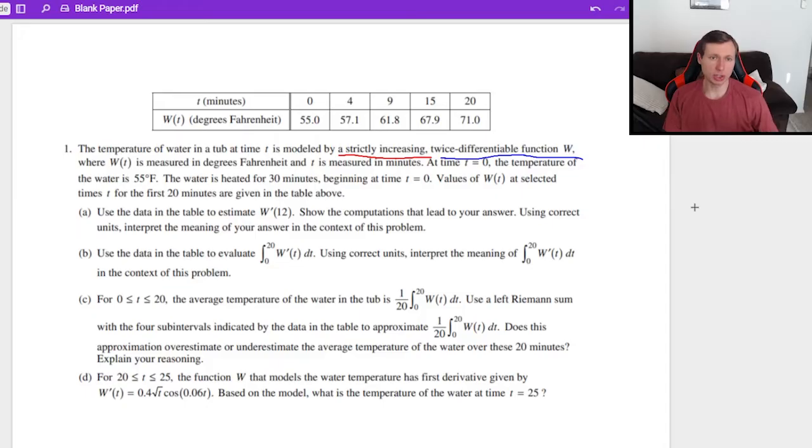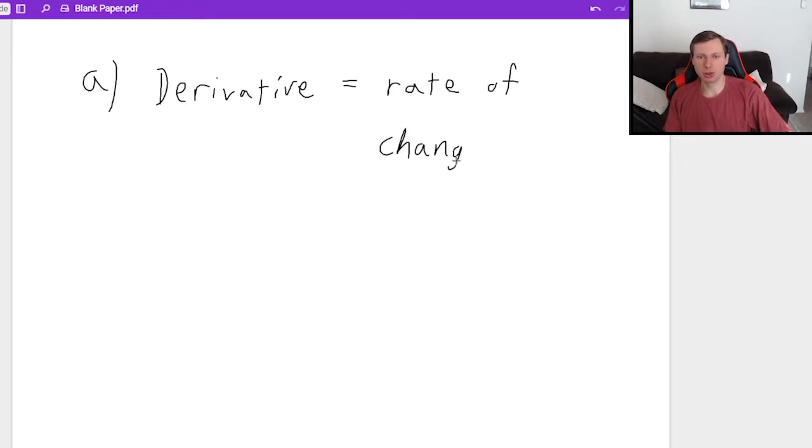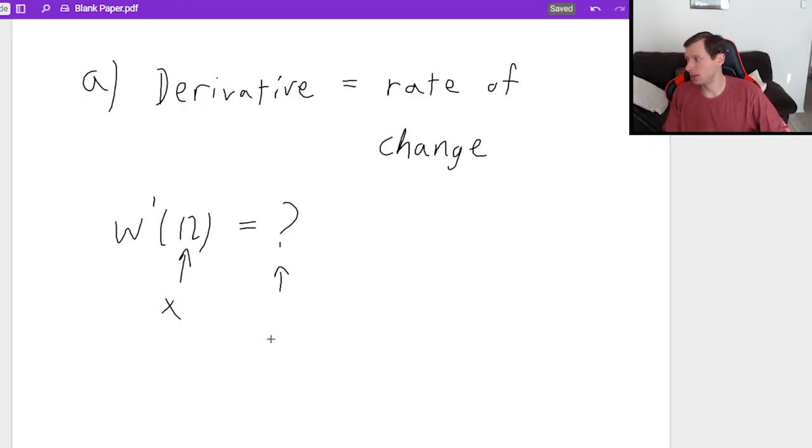So if the original function is the temperature of water, and we want the derivative, we need to know that the derivative is the rate of change. Yes, derivative is also the slope, but for this problem, we want to use the definition. The derivative is the rate of change. Now, if I want to find W prime of 12, what that means is the t value is 12, and we want to find the derivative value, which we're going to find using the